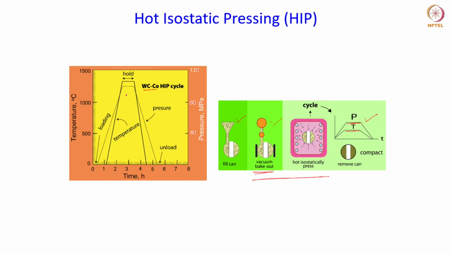So as the compact reaches the sintering temperature and is held, the pressure is also held, as I said, at a particular value depending on the type of material. And once the sintering is over and the compact is cooled down, the pressure is also released. Okay, so as you could see here on the right hand side part of the diagram. So this is a temperature pressure cycle which is applied in this case, unlike the conventional sintering process where there is only the heating cycle, right?